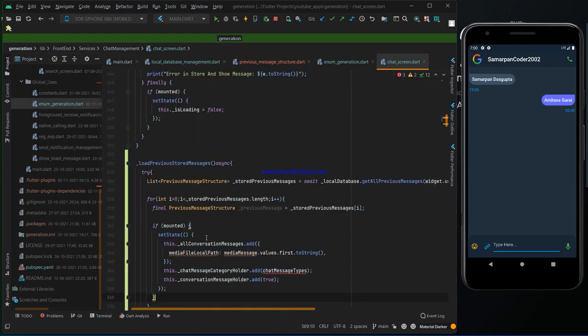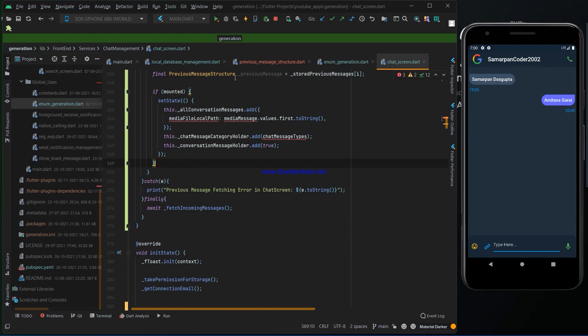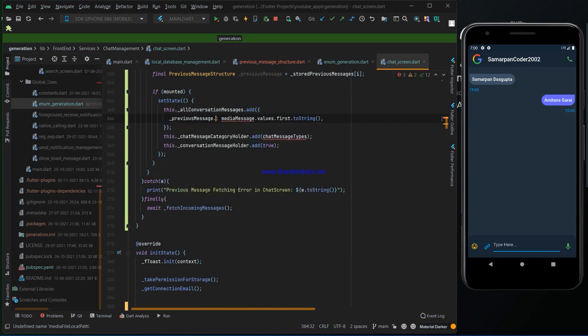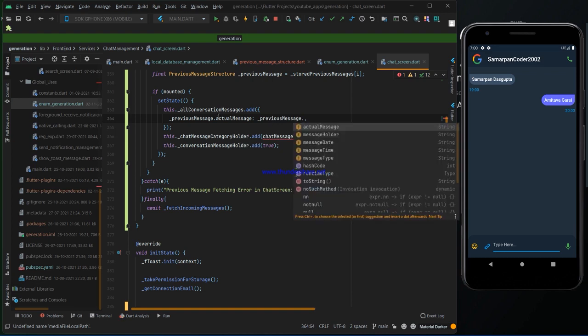Then we have to do it in such a way: previous message dot actual message, and previous message dot time.